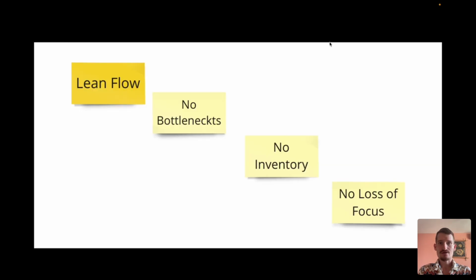And on top of all of that, you have lean flow. That's the organizational flow of value. So when you have mob programming, you work on one thing, so you don't have bottlenecks. People review things and answer questions right away. You don't have inventory because you work on a single thing. You don't have tasks that work has begun on and then they've been left, and you don't have loss of focus because the team flow and the single work in progress item keep everything really focused on the most important thing for the organization.